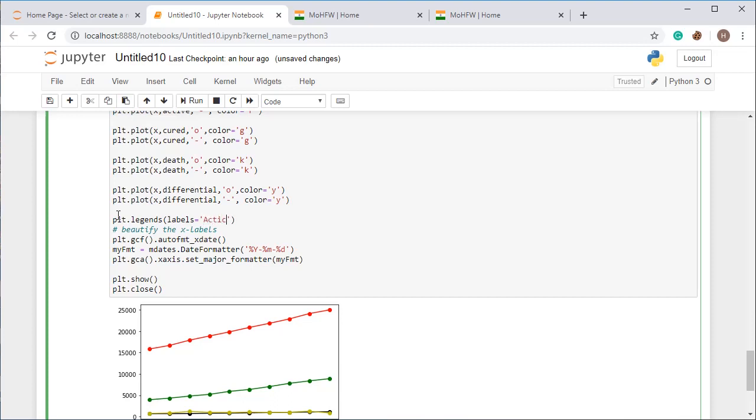So pass the label like this, active case, and then for another different color, put a comma and write cured, and for another different color pass depth, and then pass differential.